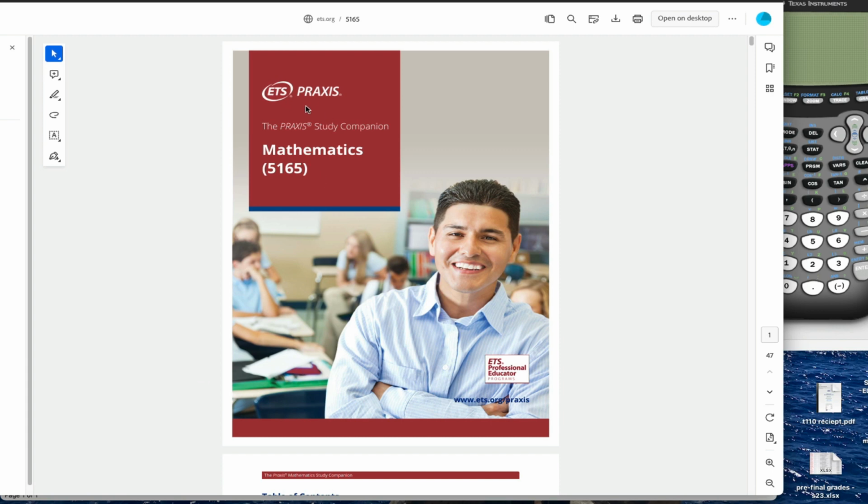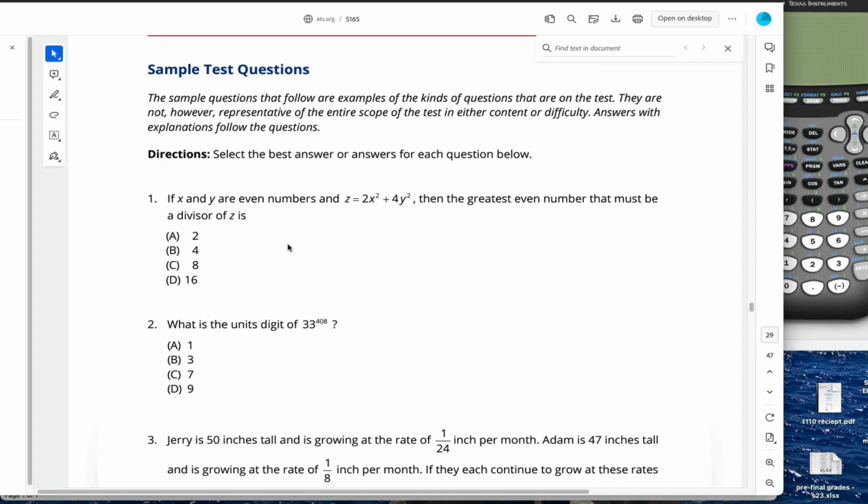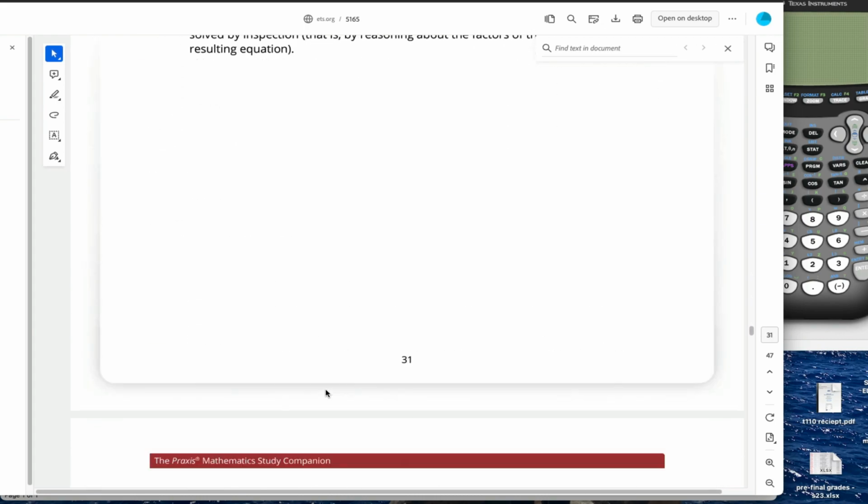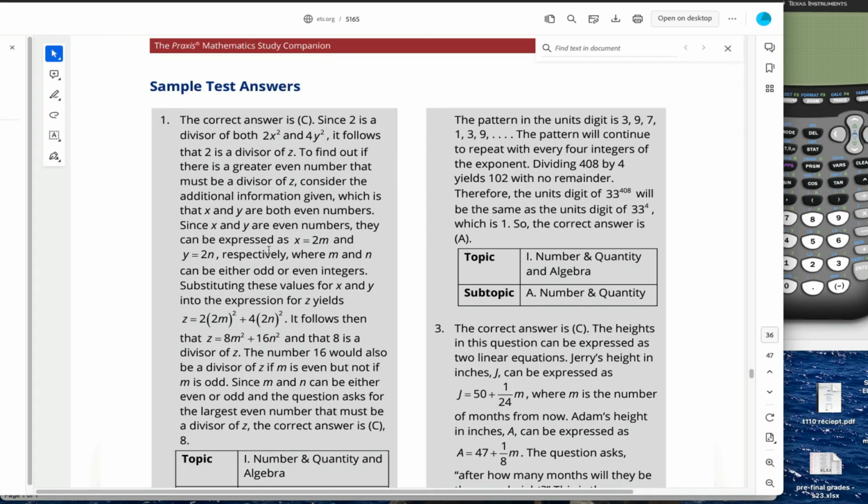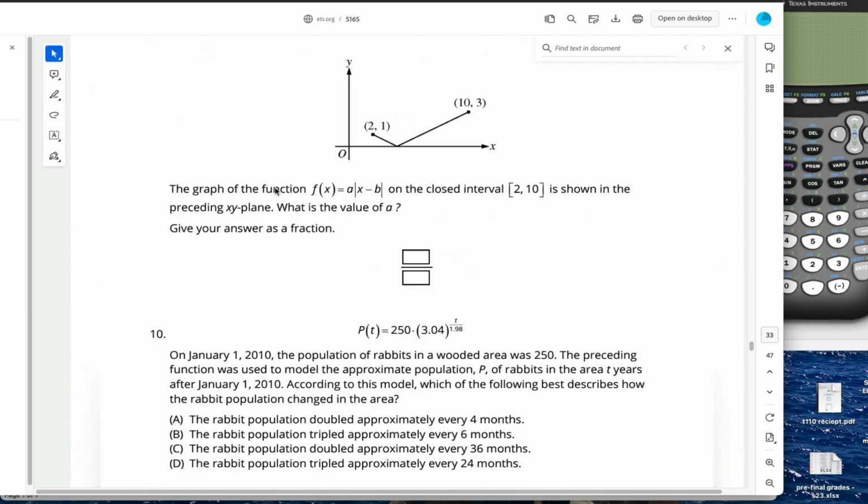But before I got to any of that, I thought it made sense to start with the official practice questions they have in the study companion put out by ETS. So if you scroll down to the bottom of this thing, you'll see a bunch of sample test questions, 17 of them, I think. And while they post answers to these sample questions, I thought seeing the answers in video form might be useful. So I'm going to make a separate video for each of these 17 problems where I